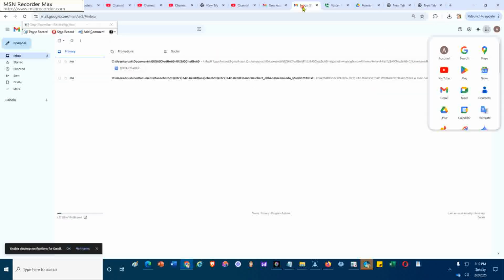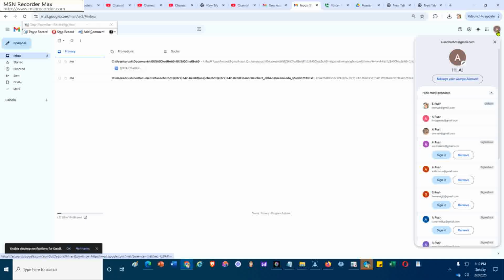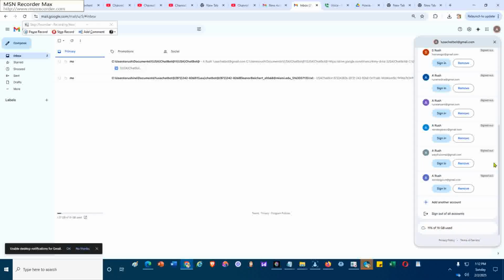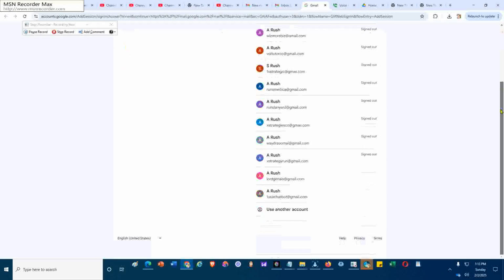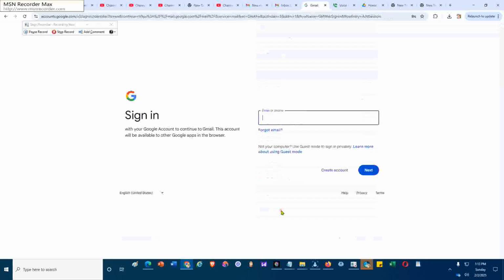So I'm going to pull down the various options and scroll down to the very bottom. Then I want to say another account, add another account, then the very bottom again, and use another account. Then I want to paste, Control V, mark day trade, and then go into it, and next,